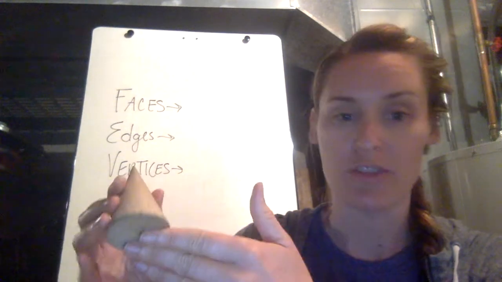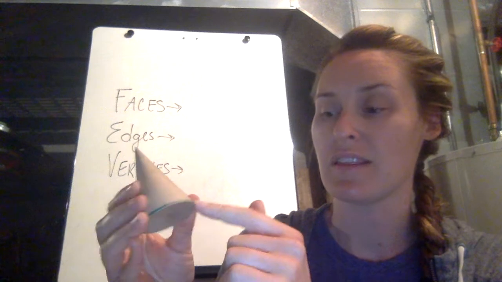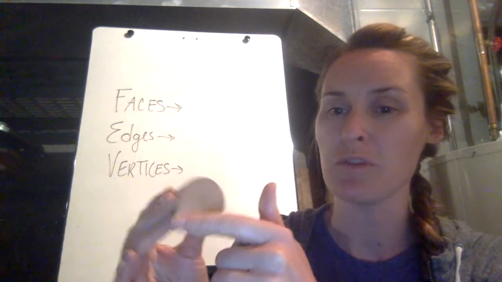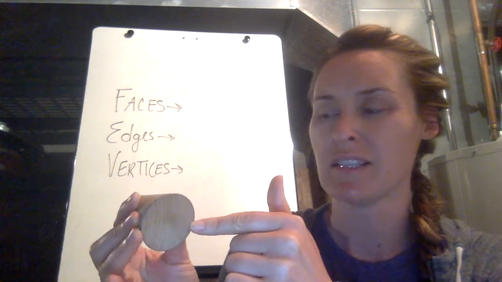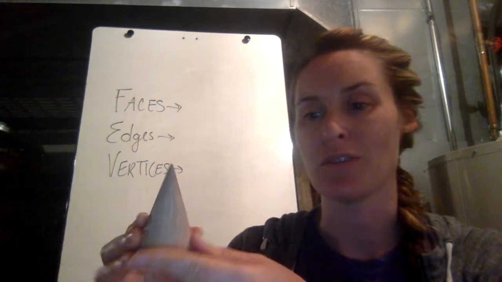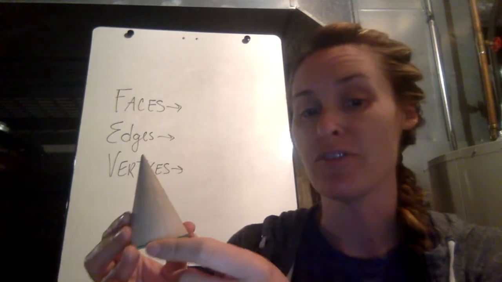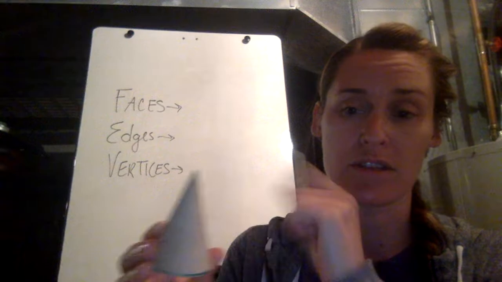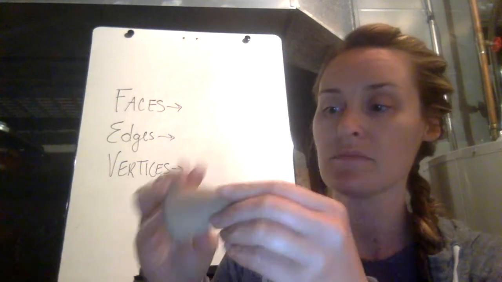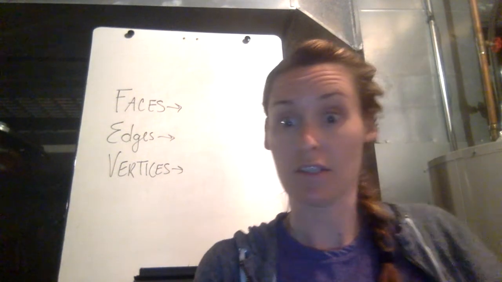And then they're talking about edges. So this is a curved surface, but we don't really call it an edge. It's not a straight line. It would be if you cut it open, but we're not really doing cross sections or anything like that. So I would say 0 for edges. And then a vertex, well, this is one where it's got 1. So that's a vertex, right? So that's a cone. Goodness. All right,